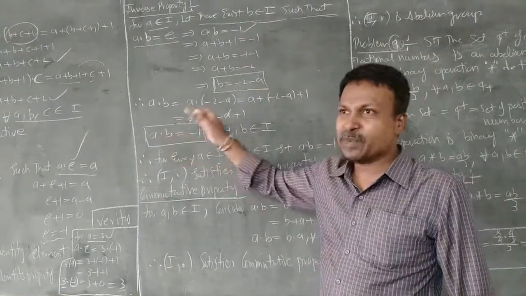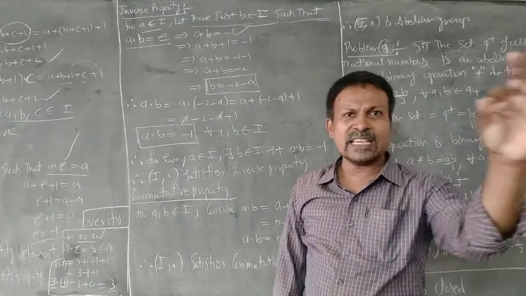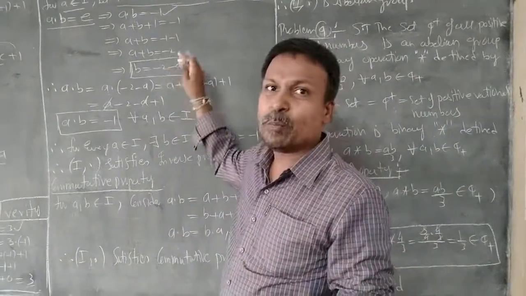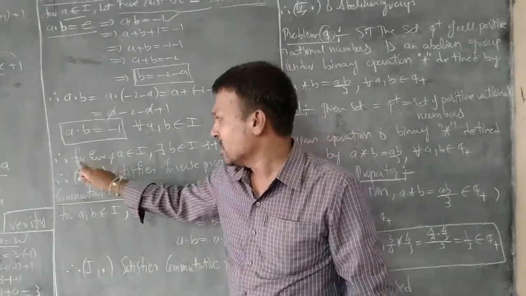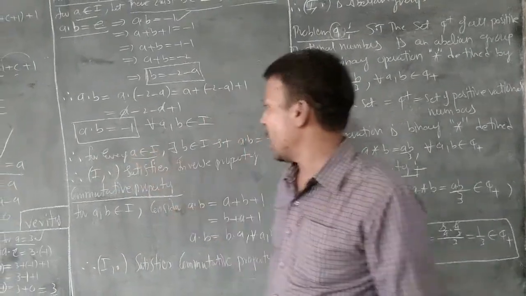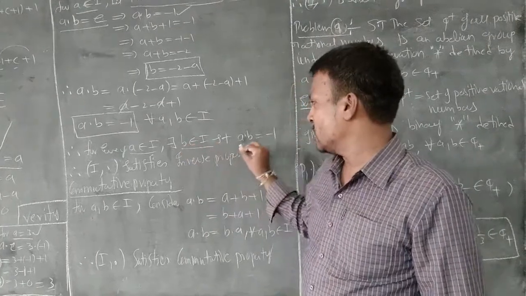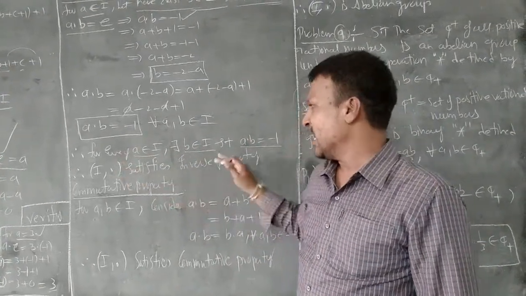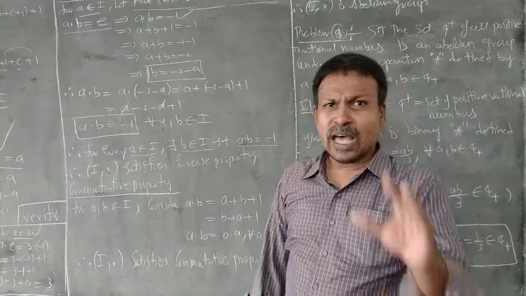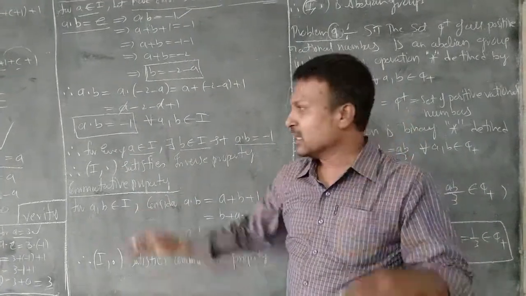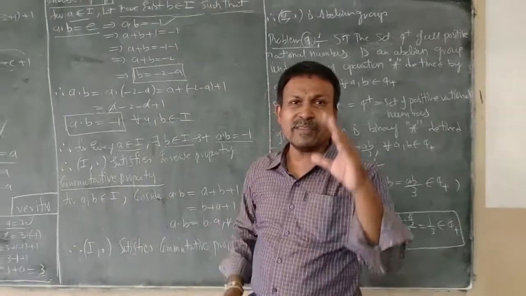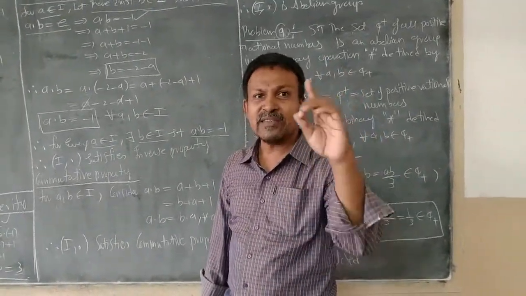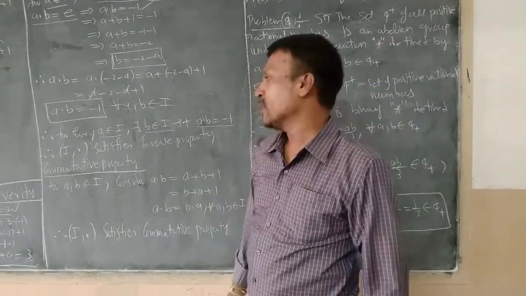Therefore, the inverse property is being satisfied, and if I take a from I, its inverse will be equal to minus 2 minus a. Right. Therefore, here I conclude that for a belongs to I, there is b belongs to I such that a dot b is equal to minus 1. Therefore, I dot satisfies the inverse property. So, I repeat once again, while proving the identity property and inverse property, be very much cautious while finding the identity element and while finding the inverse element of the given element a.